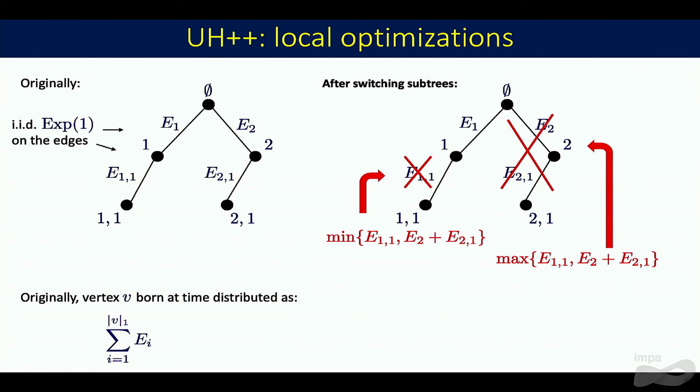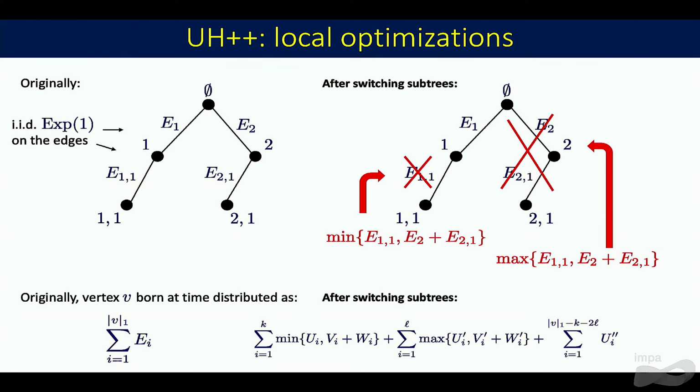Originally, the time when a vertex was born was distributed as a sum of IID exponentials. And now, after these switching operations, and we don't just do this at the root, but we do this everywhere,